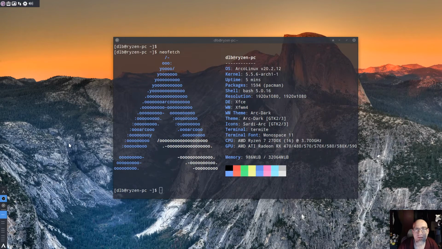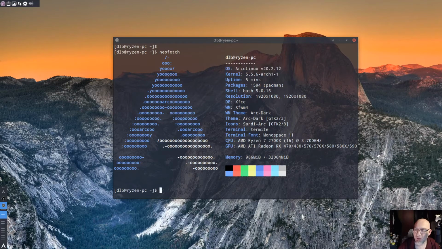First of all, I'd like to do a shout out to a few people that have helped me out over the last couple of weeks trying to deal with an OBS issue. I was having an issue with recording. My OBS would crash. As you can see from my Neofetch here, right now I'm on ArcoLinux. If you watch my video from a few days ago, I was on MX19.